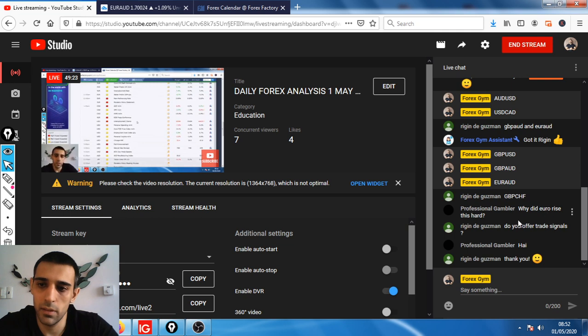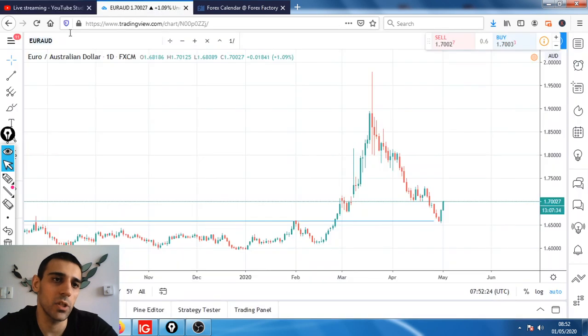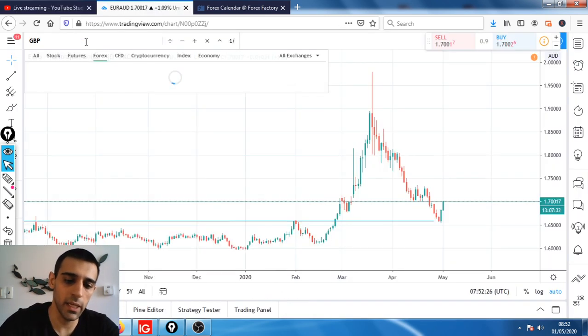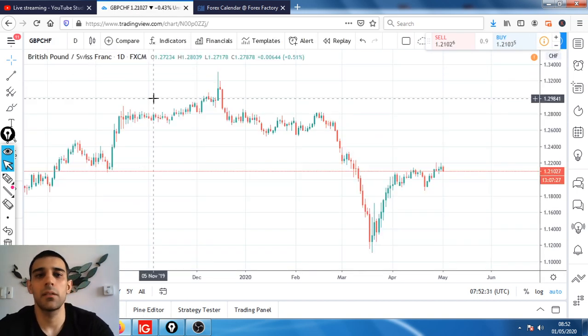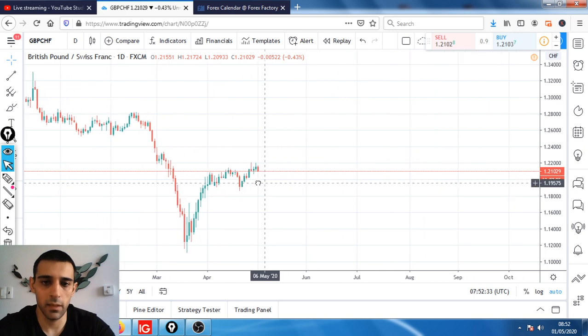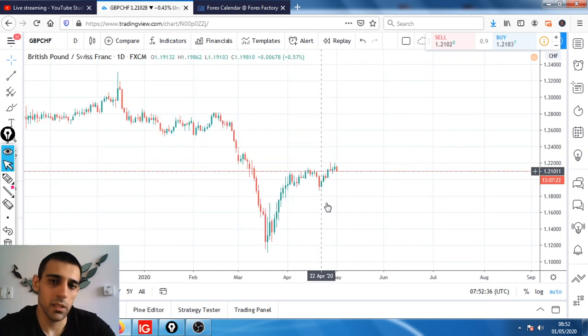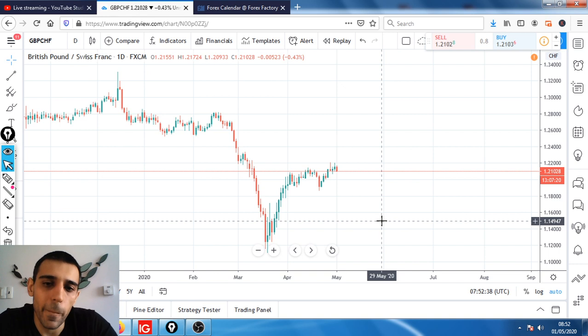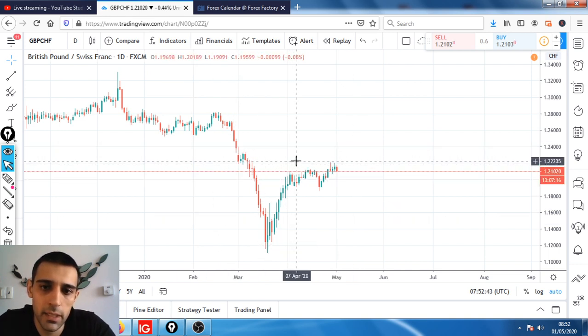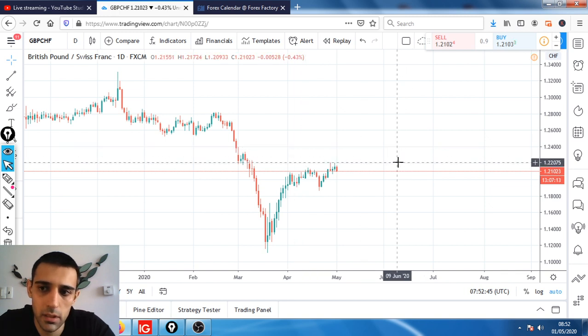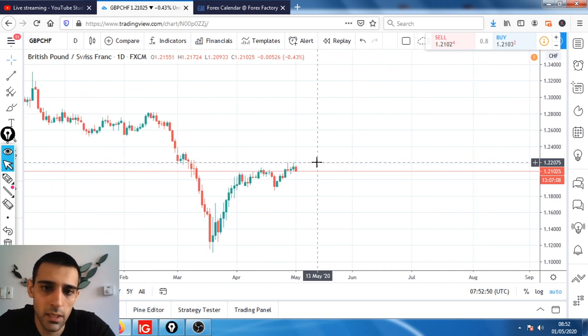Let's return back to it. So on this one, I answered that one. British pounds against Swiss franc. Let's go to the British pounds against Swiss franc, GBPCHF. So we got the daily time frame. This one is a slightly different picture in here, even though it's British pounds. On these, that's looking good. So 122, so tested these. No, it's coming back out.